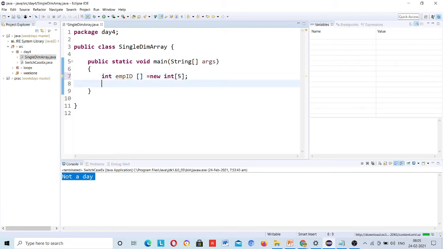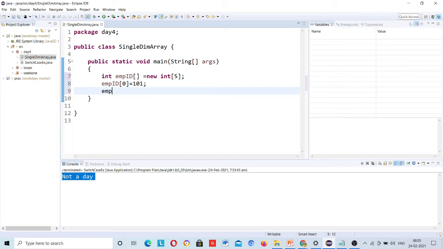Now I am storing here: empId 0 is equal to, suppose, 101, and empId 1 is equal to 102, empId 2 is equal to 103.